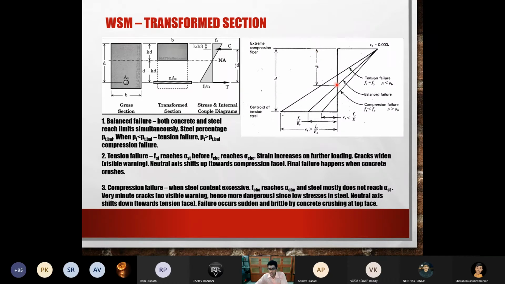KB is 0.29. K is 0.39, I suppose. Okay, 0.39. So should K be below KB or above KB? Below, sir. So if here to here is 0.29, then 0.39 means it should go even further down. So it corresponds to what failure? This beam corresponds to compression failure.